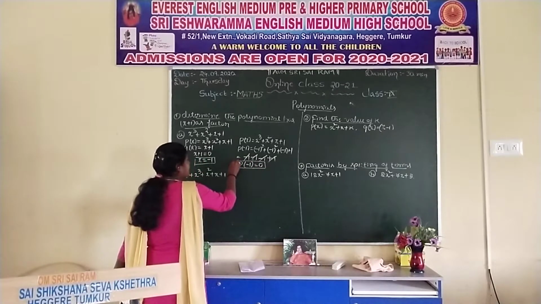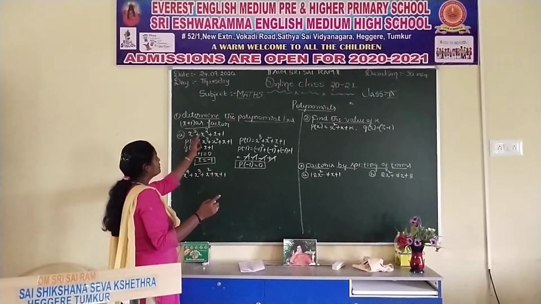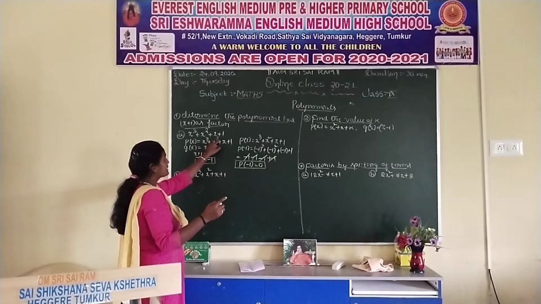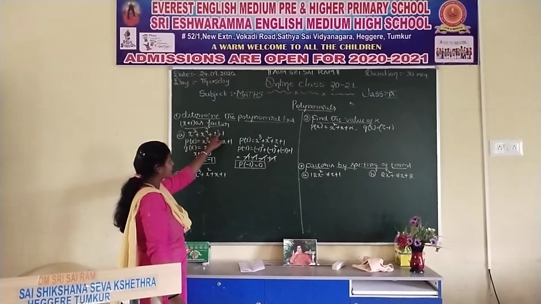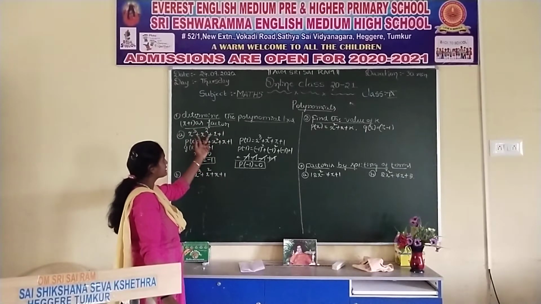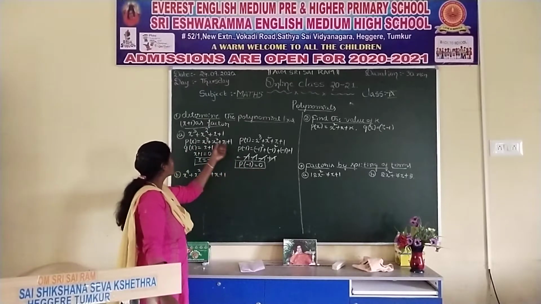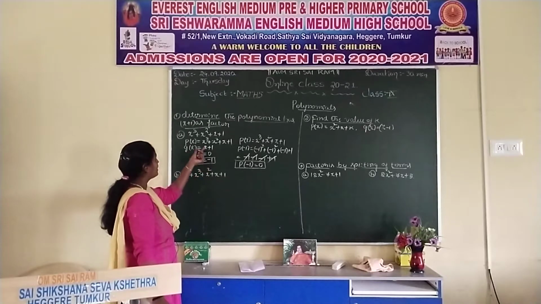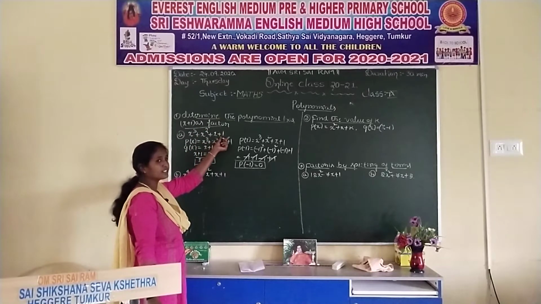See, when the answer is 0, that term is a factor of x cube plus x square plus x plus 1. See, this is the required polynomial. They have given that x plus 1 is a factor. You have to check whether it is a factor of this expression. See here, we got a 0 value. So x plus 1 is a factor of x cube plus x square plus x plus 1.